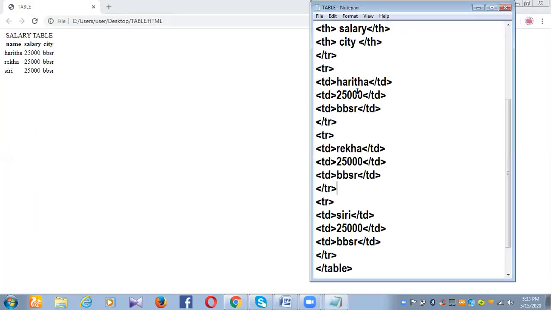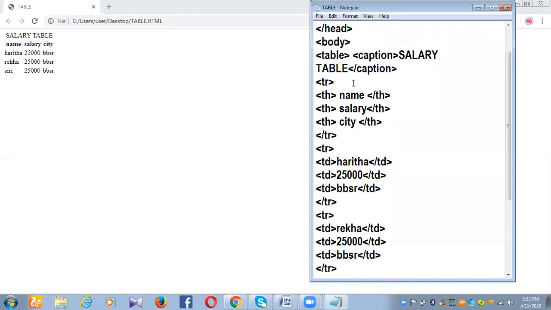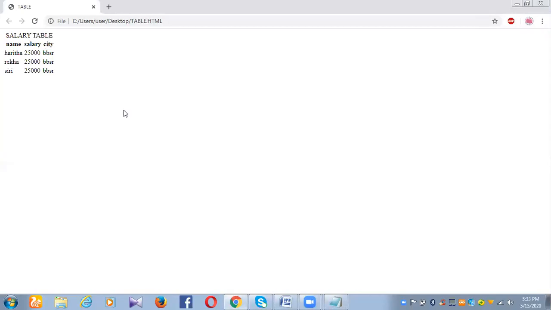See the code once here. Table, caption, salary table is mentioned. Then in the row, tr started and we have given the table headings: name, salary and city.